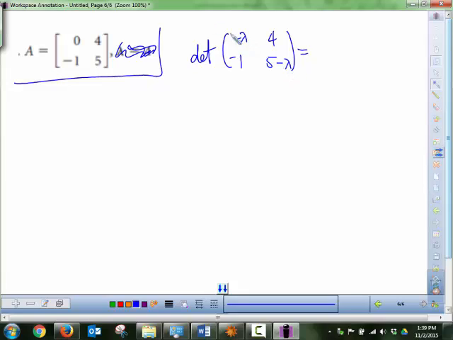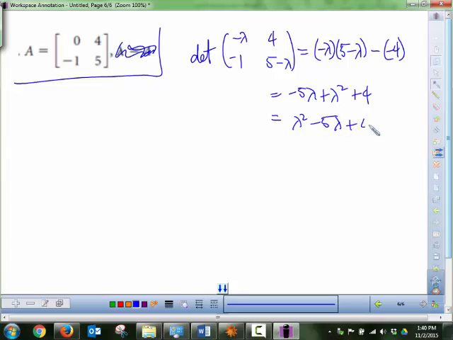Let's find the determinant. We know how to find the determinant of a 2 by 2 matrix. It's the diagonals multiplied, so minus lambda, 5 minus lambda, minus the product of the wings, that's -1 times 4. So -4, be careful with your minus signs. And so this is what I have. How does that work out? This is going to be lambda squared minus 5 lambda plus 5 minus... plus 4. I have a quadratic equation. If I set this equal to 0,